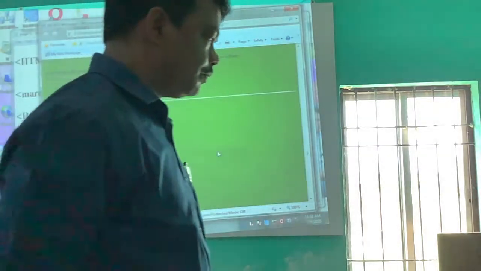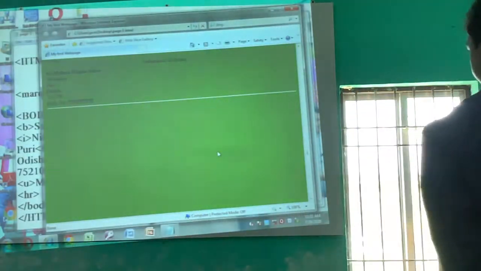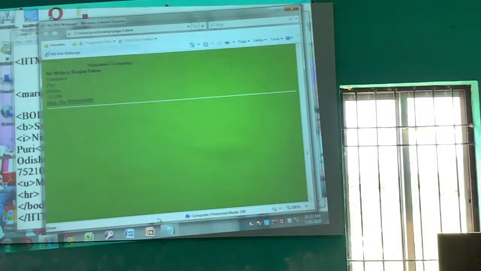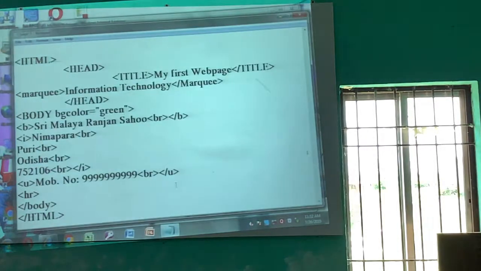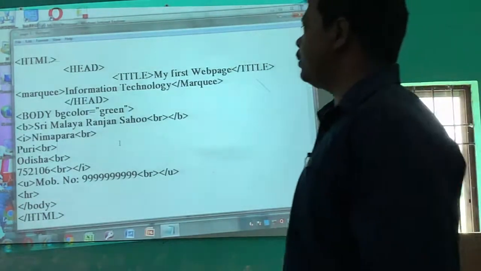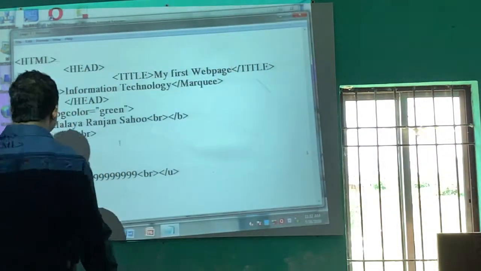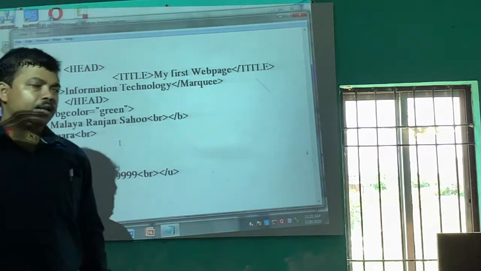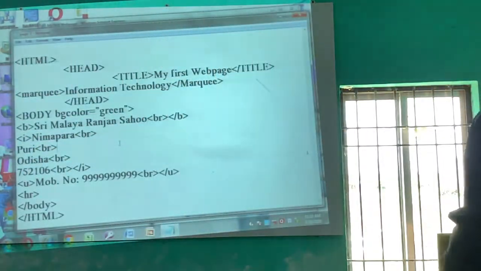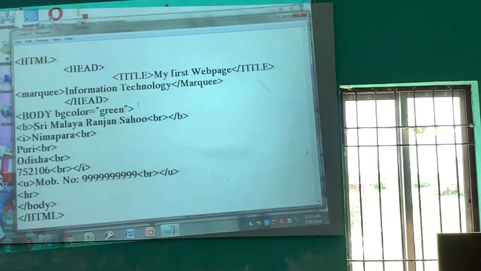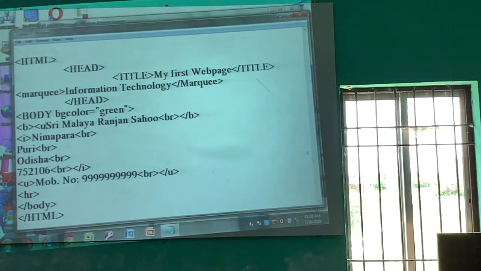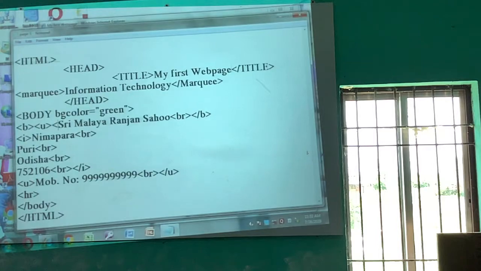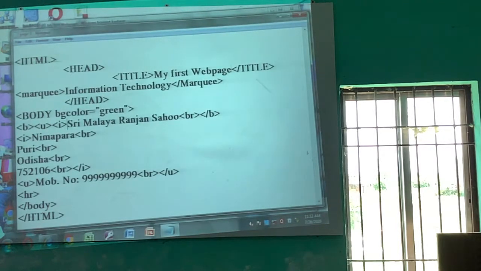Okay. So if we want to give the three effects, bold, italic, underline, for your name, then you can write the U tag and the I tag.